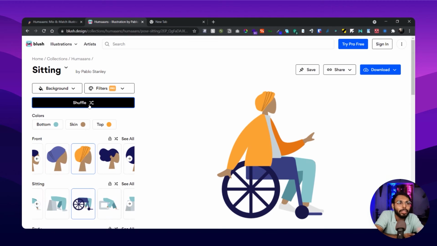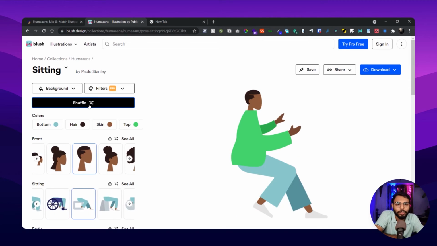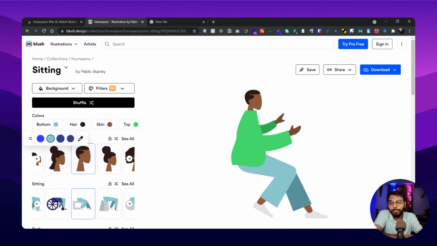If you don't care about anything and just need a random picture, you just click on shuffle and it will create a shuffled image for you. Then you can change the color of every particular portion from here, and you can choose your own color. But I would prefer sticking to their color palette, because it is much more managed. If you have your own color palette, you can use that.